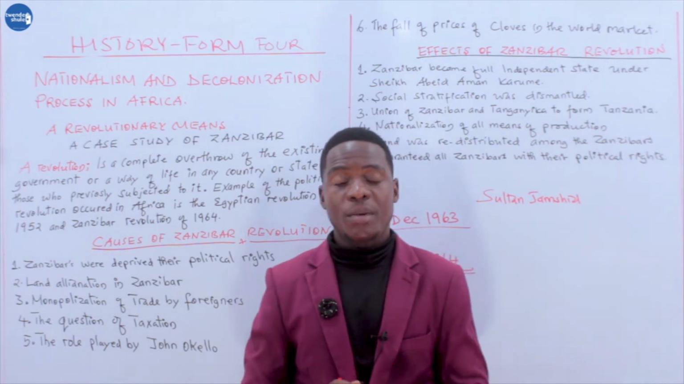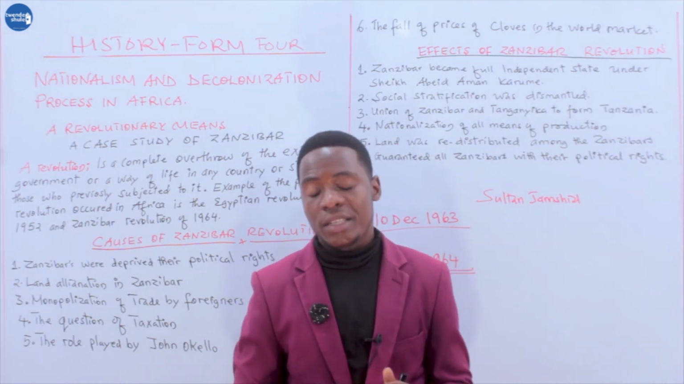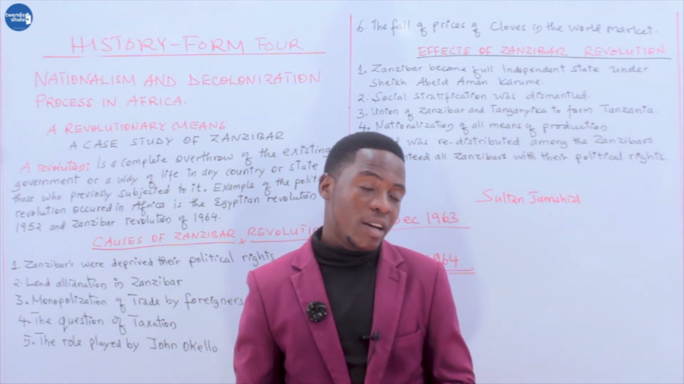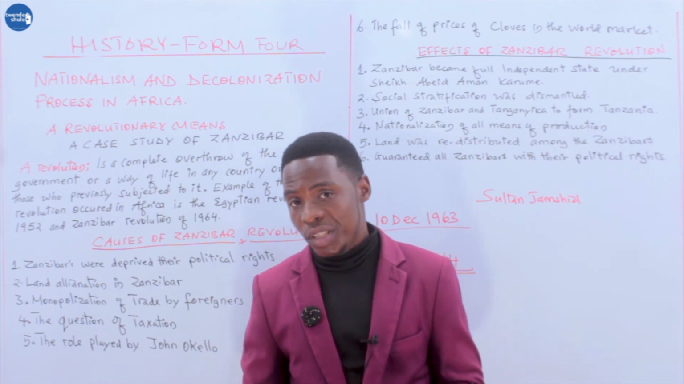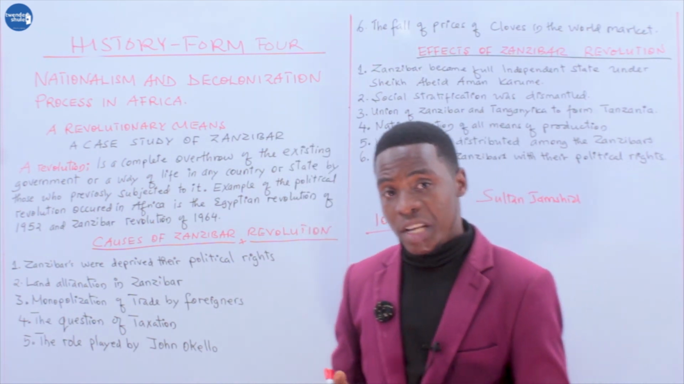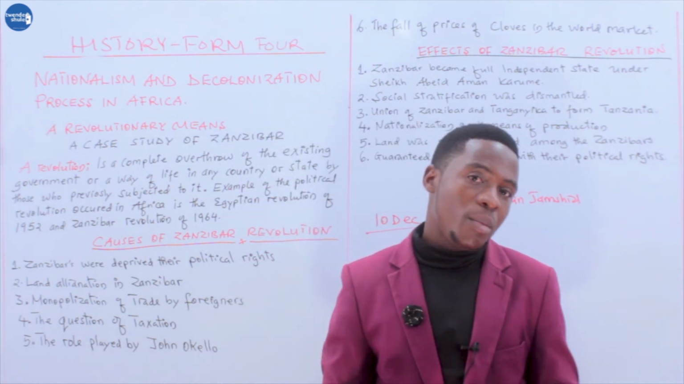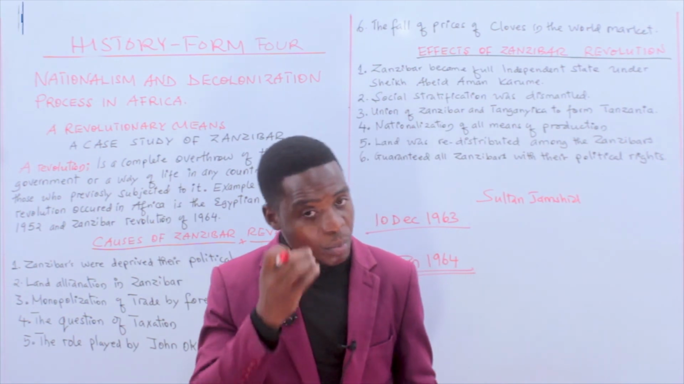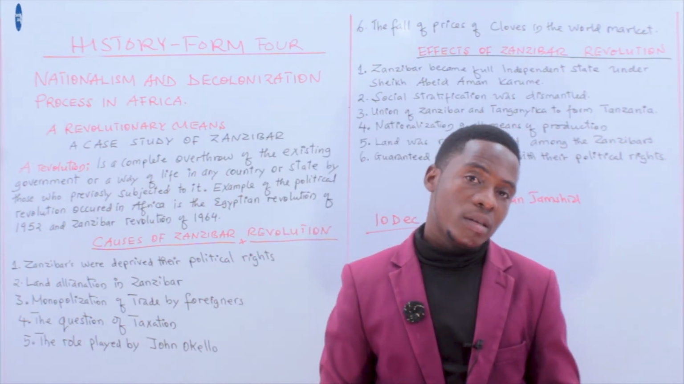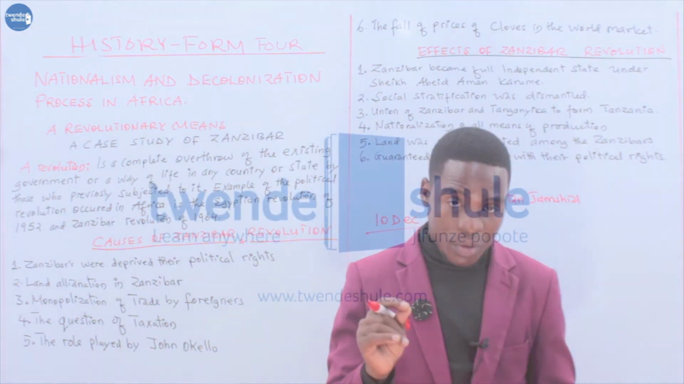The people of Zanzibar were denied some rights, specifically political rights, like the right to vote. One of the criteria for one to vote or to be voted for was that you must be able to speak Swahili or Arabic and English. Remember, during that time, the majority of the people of Zanzibar were unable to speak English. They were unable to speak Arabic. So you will see that only